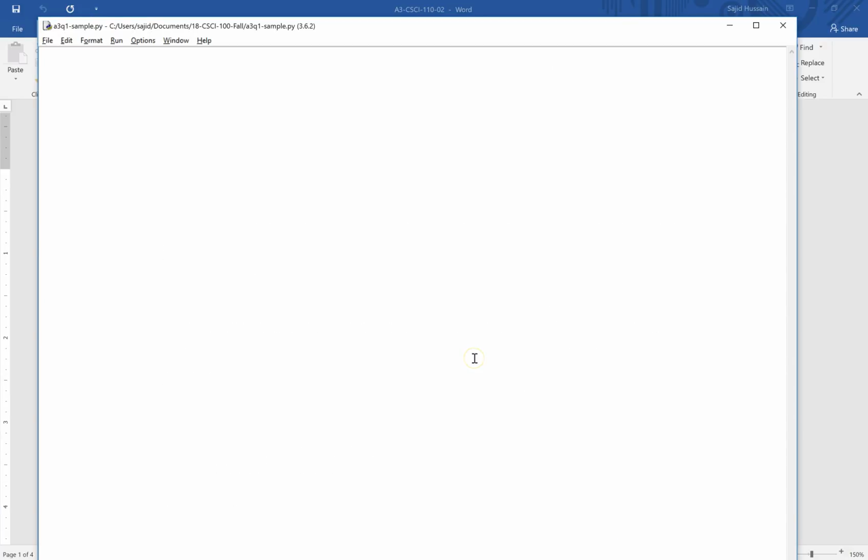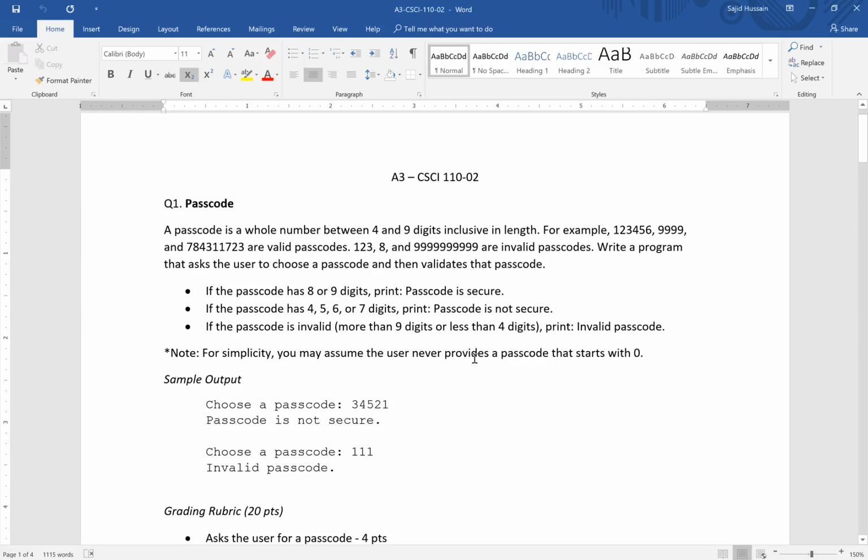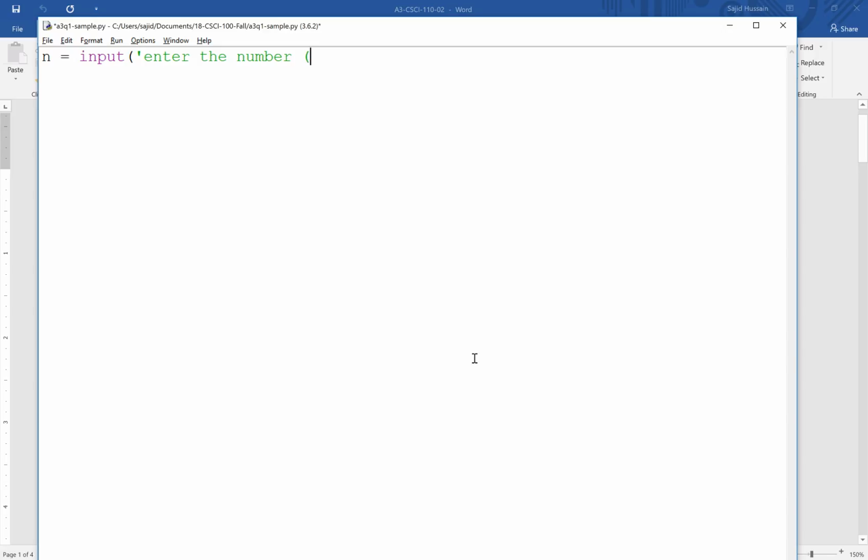So as always, we start small. First, let's get the number from the user. So we say n is equal to input, first just getting the number, enter the number, which should be between 4 and 9 digits inclusive. Now if we print it, if we run the code